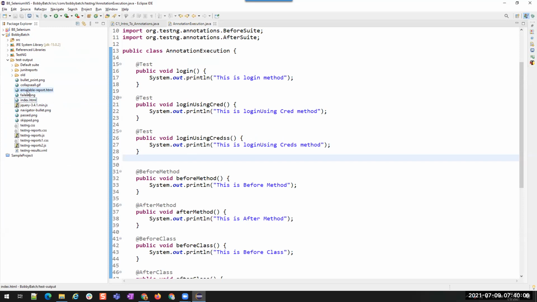So for this reason, we have to write our own code to store the HTML reports with our execution name. That we'll see later. We don't have to do it from scratch because we have a third-party library called Extent Reports, most widely used in the market. So we'll use Extent Reports so that we'll be able to store the history of reports. For all the executions, you can have a separate report and store. Okay. So you understood the reports, right?